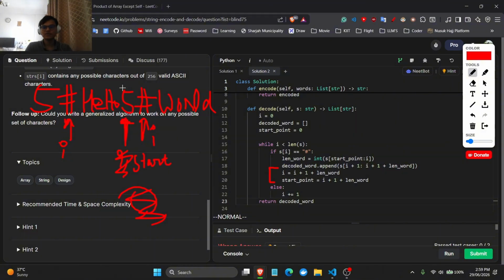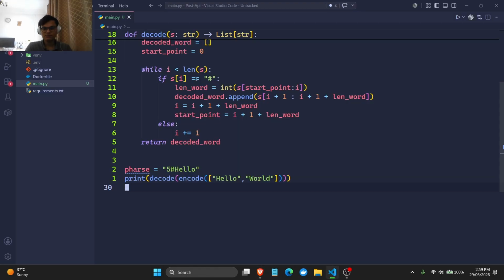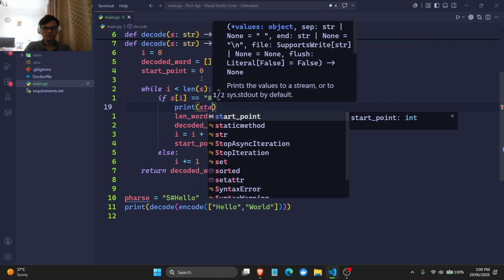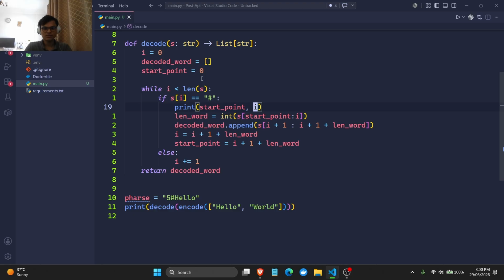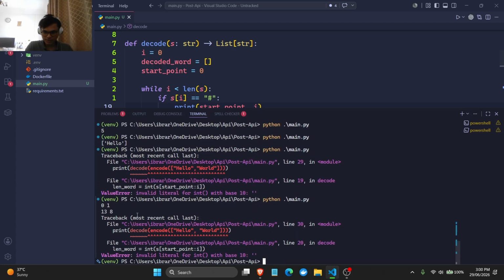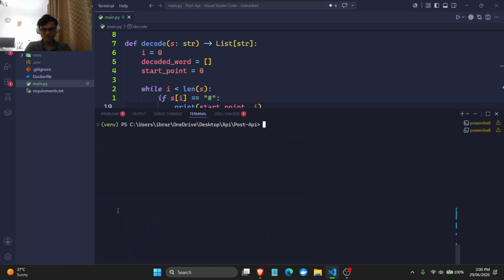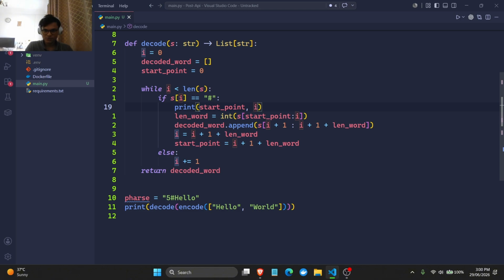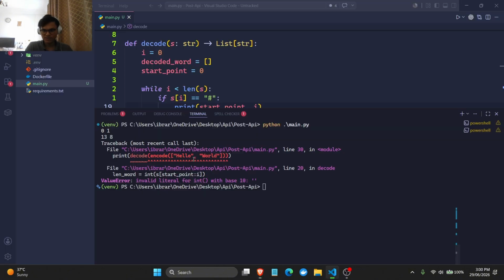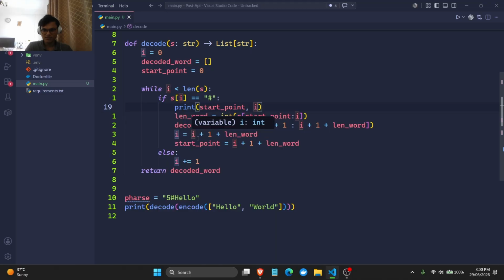ऐसा क्यों हो रहा है? Is there a way I could debug this in a sense? Can I do start point I? Okay, we see some stack trace and oh wow, that's interesting, कुछ तो हो रहा है. So initially 0 1 था, that makes sense. I mean, like ये भी phrase है, right? And then बाद में we can see that